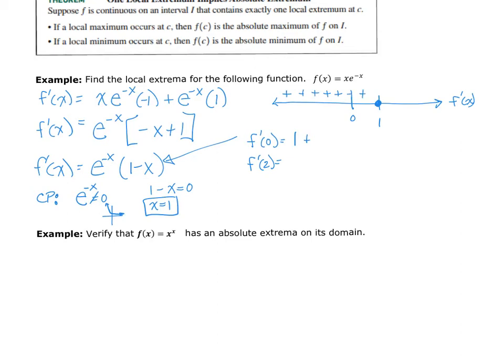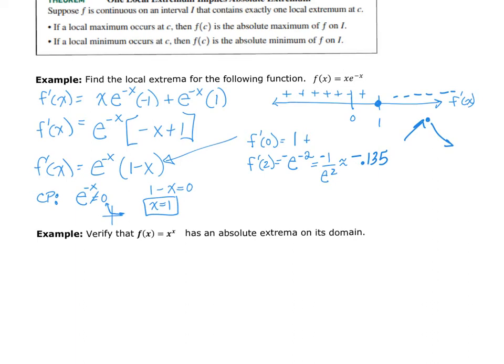At 2, f prime of 2 is e to the negative 2, or 1 over e squared. And then there's a negative, because if I plug in 1 minus 2, it's negative 1. So this is approximately negative 0.135. So this is negative, and because it increases and then decreases, we have a local max at x